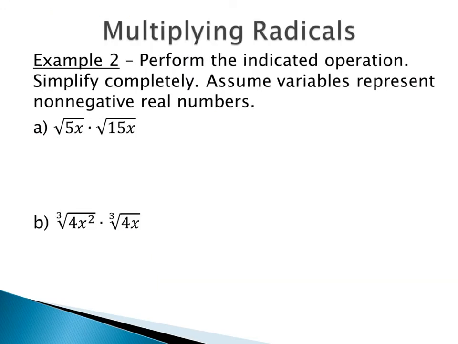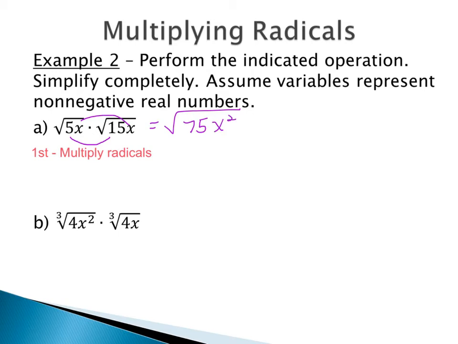So here we're just going to work through 2 problems with multiplication in order to show how to multiply radicals. So what we do want to do is we want to multiply under the radical first. We are allowed to multiply under the radical. So here we would just multiply our like pieces. So we would do 5 times 15 to get 75. And then we would do x times x to get x squared.